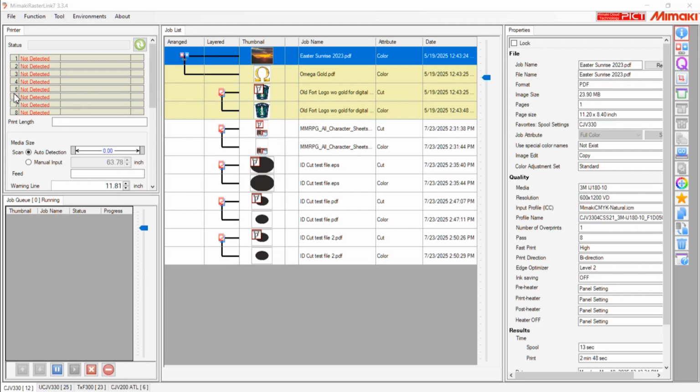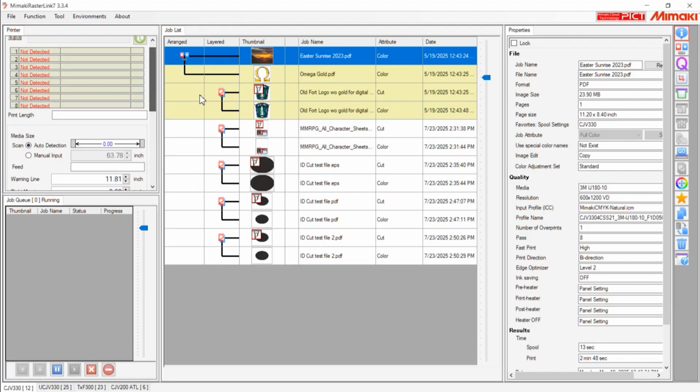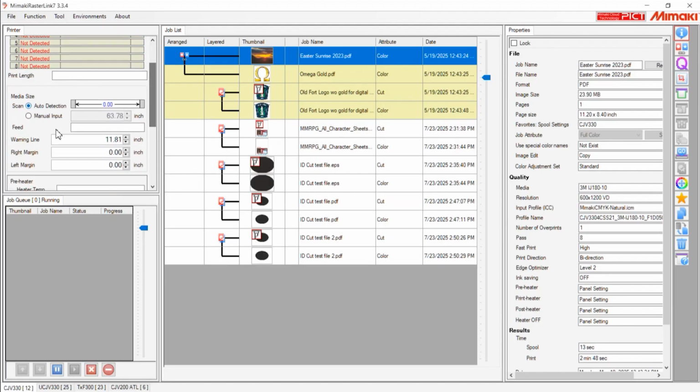In RasterLink on the left side here, right now I'm not connected to a printer, but you're going to see a scroll window, and it's going to have a lot of information. It's going to have your media size. Generally, you're going to have it on auto detect. And then you're going to see right here, it says warning line. So when I go to general print right now,